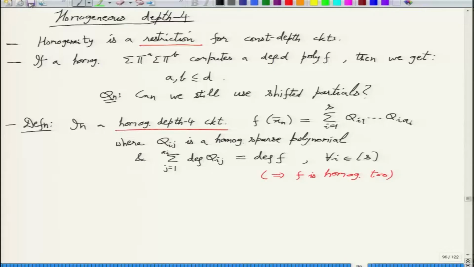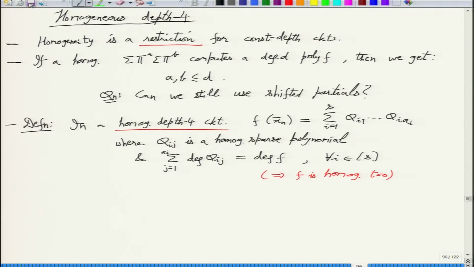So that's our model. I want to get a lower bound for this. So at least the previous lower bound will hold. That means... there is no previous lower bound. AB is D. Suppose both A and B are D. So right now we have nothing for this model. Seems to be a hard model.